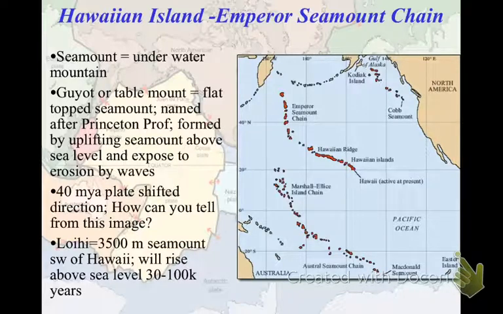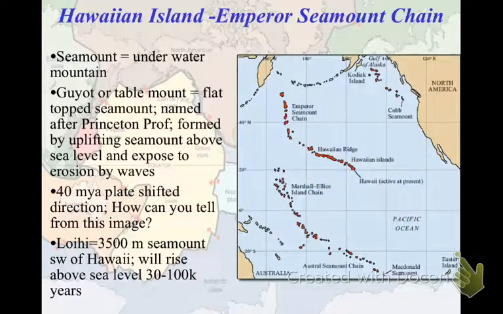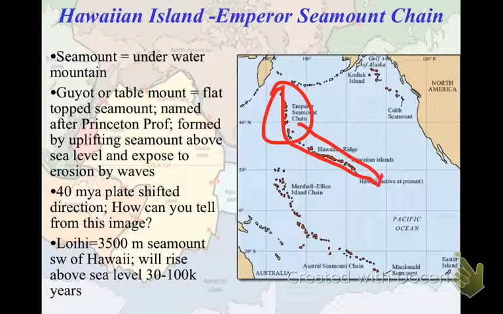Okay. So what you should take away from this picture is that you can kind of see it in this image in two spots. So let's talk about Hawaii first. You can tell that we have a specific plate movement. This is old at this end, and it's newer at this end. Since we know the hot spot doesn't move, we can tell that overall the plate, at least for the duration of the Hawaiian Islands, has been moving to the northwest. Make sense? But if you look, this is actually all one chain. And this part is not moving to the northwest. Back when this was over here,